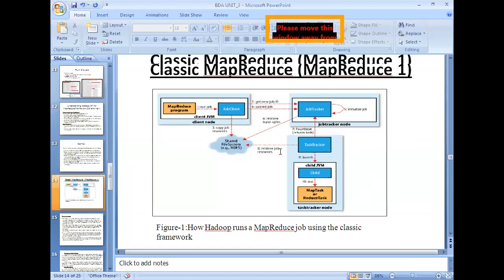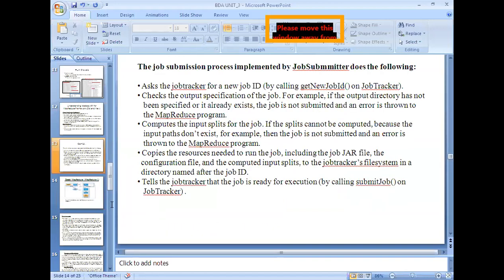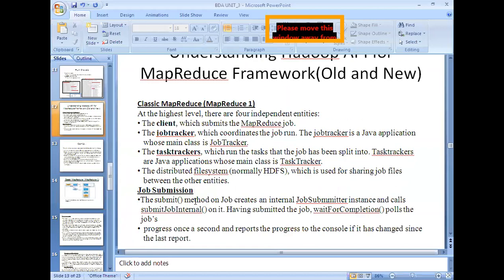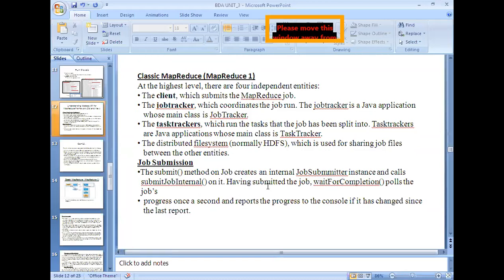First part is job submission. The submit method on the job creates an internal JobSubmitter instance and calls the submitJobInternal method on it. Once you submit it, it polls the job while waiting for completion. You can observe this in the diagram.